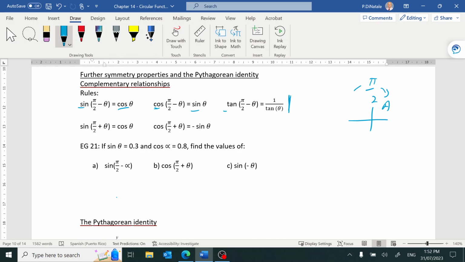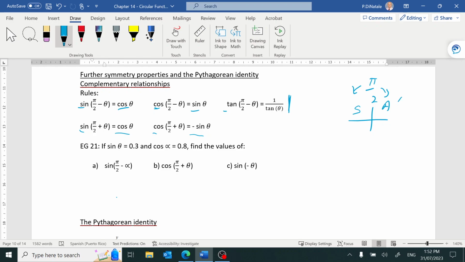Well, if we're going pi on 2 and we're adding a little bit, sine becomes cos theta, because in there the only one that's positive is sine, while cos in the second quadrant is negative, and so we get negative sine theta. Example 21, sine theta is 0.3, cos alpha is 0.8, find the values of sine, pi on 2